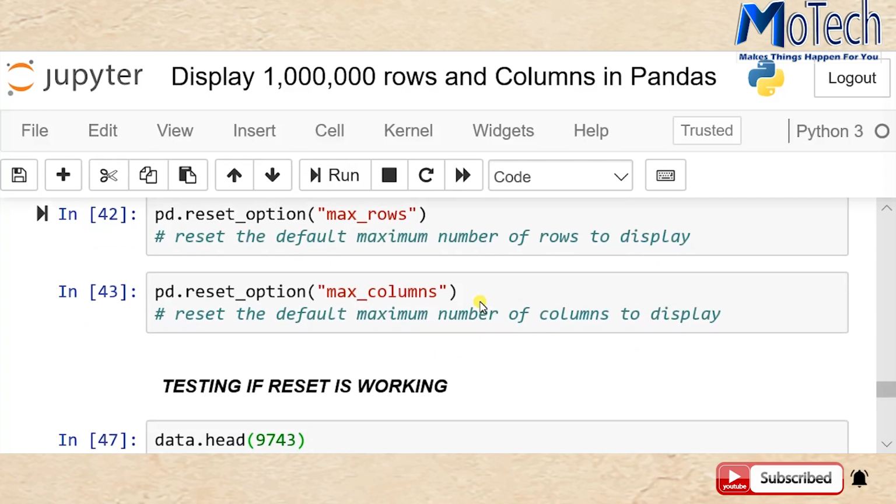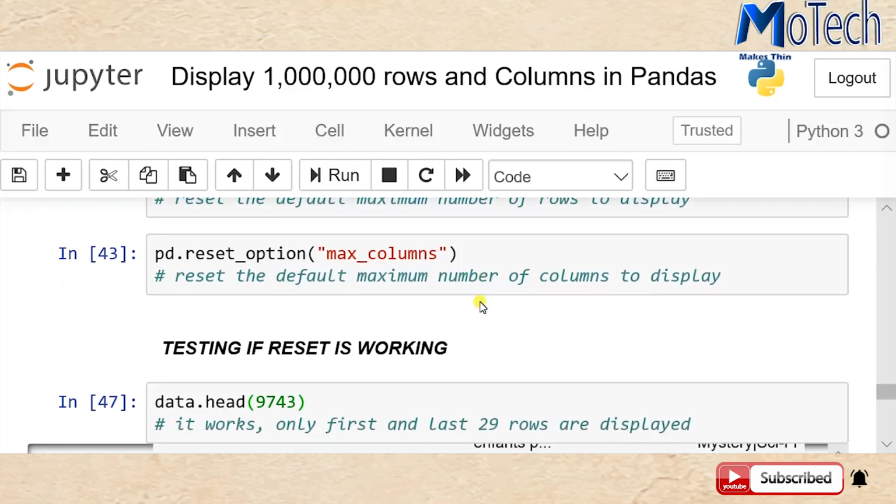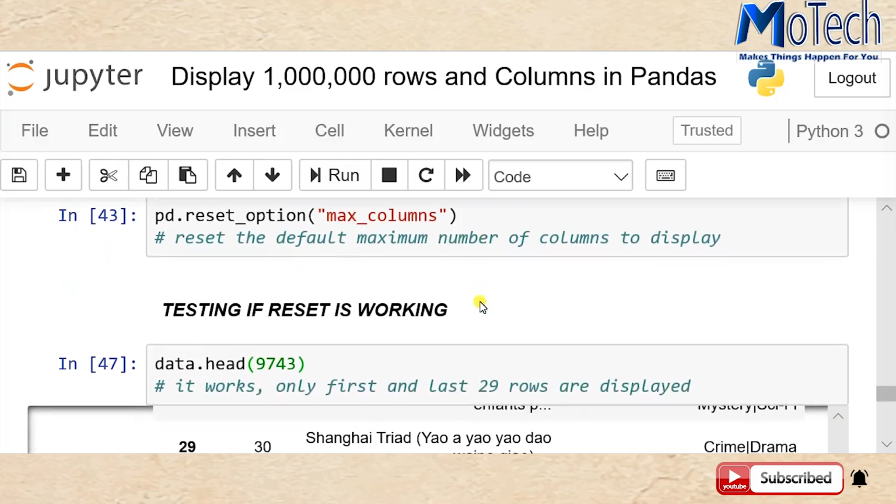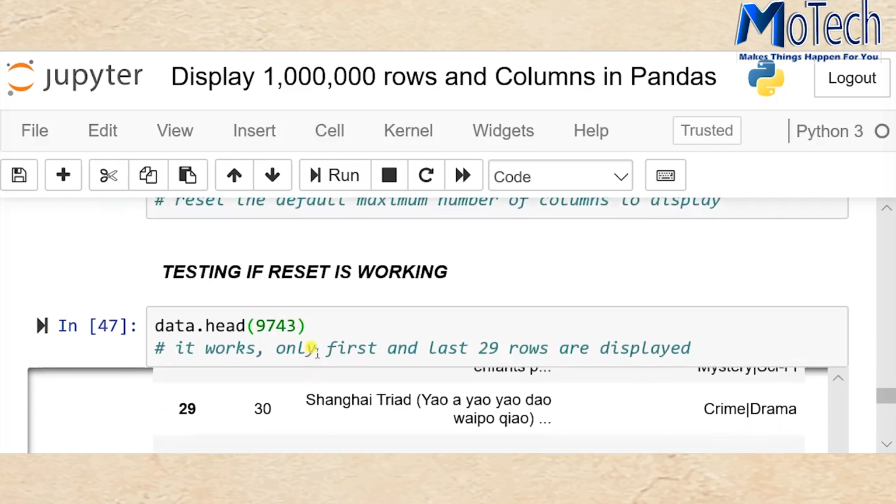Testing if reset is working. data.head, then we pass the total number of rows in our dataset which you want to display. It works because only the first and last 29 rows are displayed.